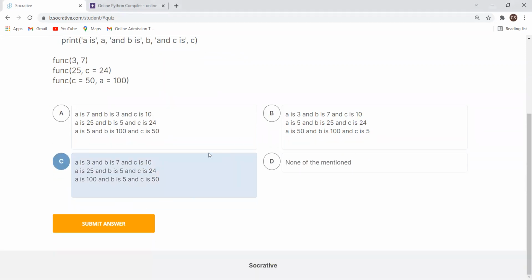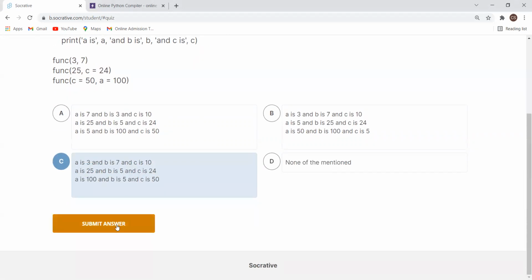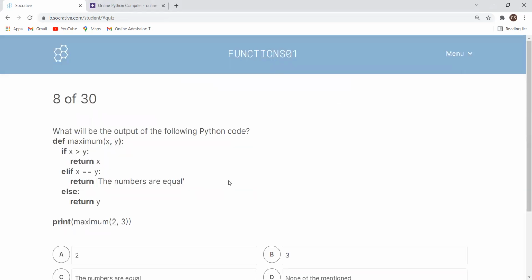So you should be able to understand the solution. What will be the answer? Sometimes you have to remove the options which are not possible, and that can make the selection of the answer easier for you. So this is done and this is the correct one. Now we come to the